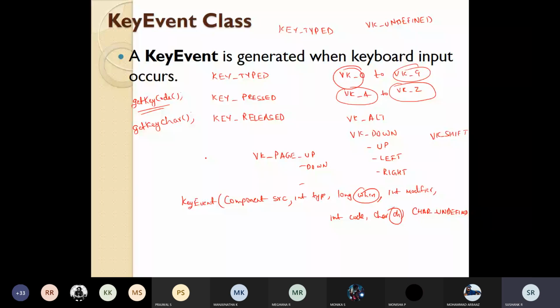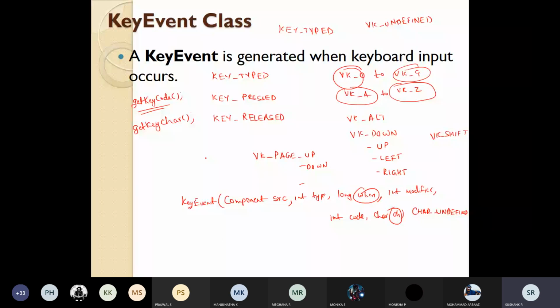After that, the position given by x, y on the screen. Then integer clicks, and boolean triggersPopup.